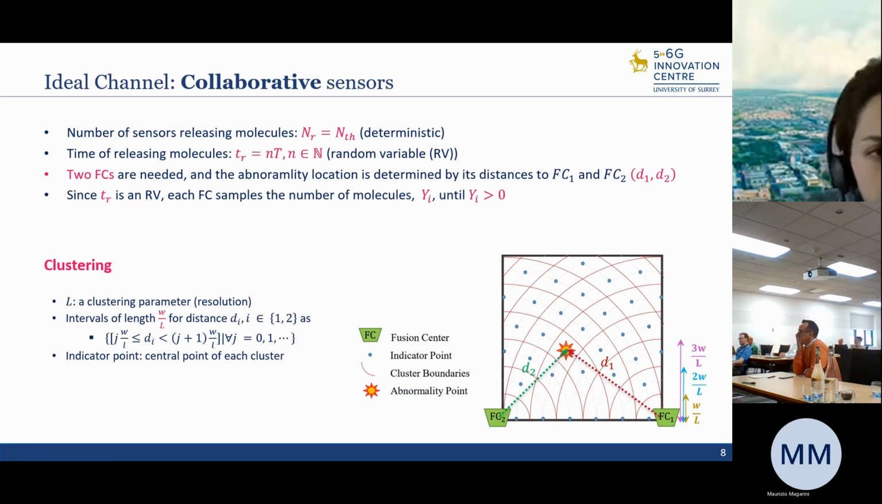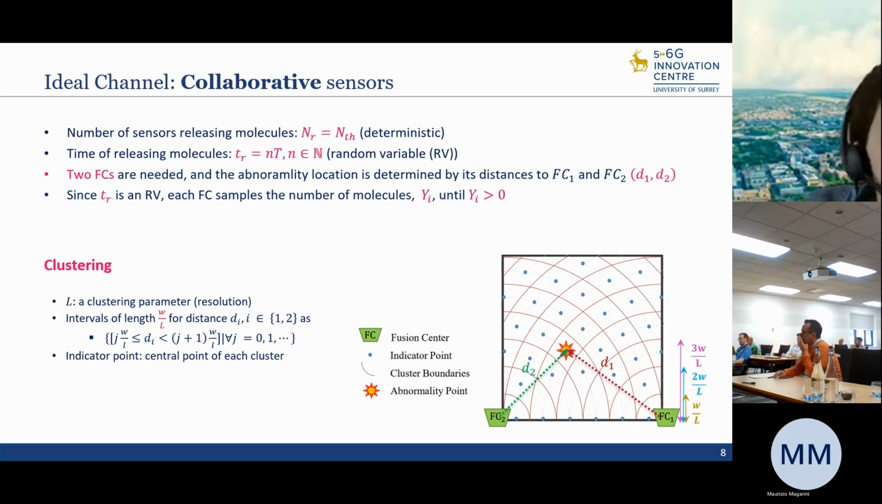For the ideal channel between the fusion center and the gateway, I will describe the system for the collaborative sensors. Here, the number of the releasing molecules is deterministic. It's equal to that threshold that I mentioned. But the time of releasing molecules is a random variable. So in this case, 2 fusion centers are enough to find the location of the abnormality